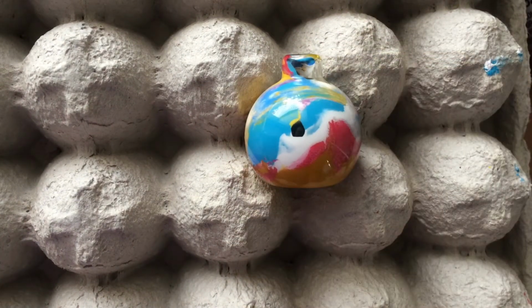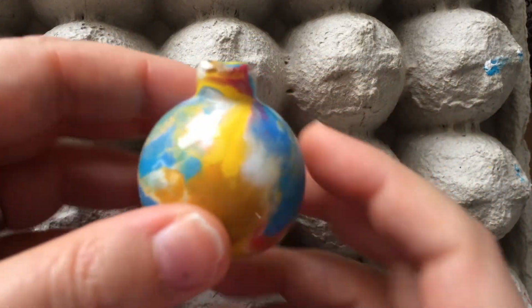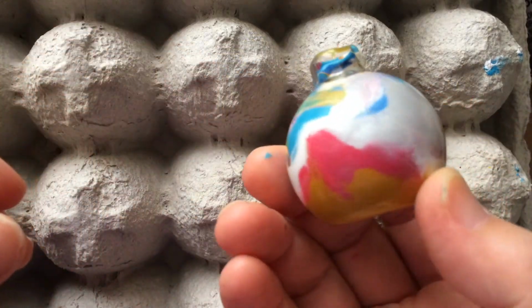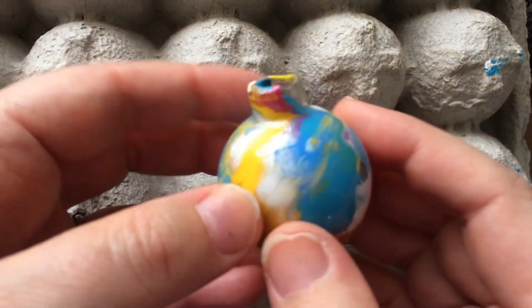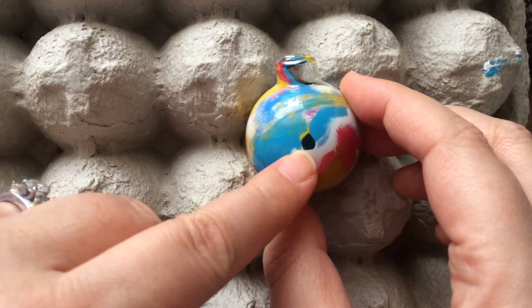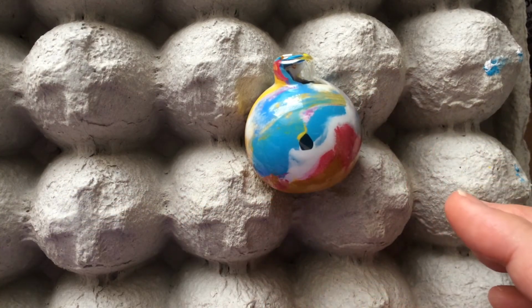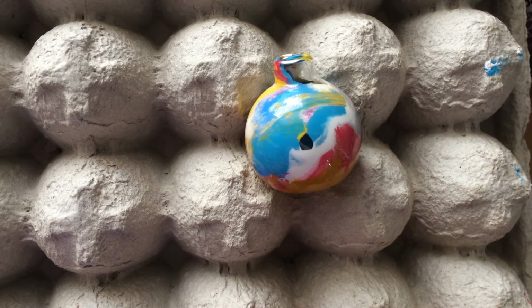So I've come to a stopping point for the day. I've been turning this ornament a little bit over the whole day, taking breaks in between. And there's just one little naggy spot that didn't get covered with paint. So I'm going to take